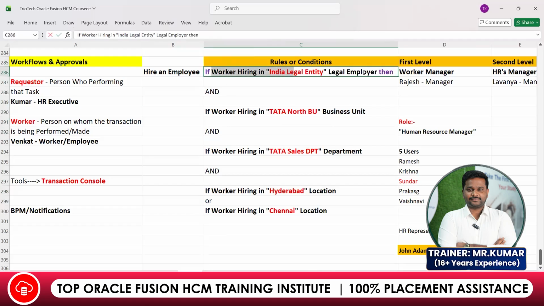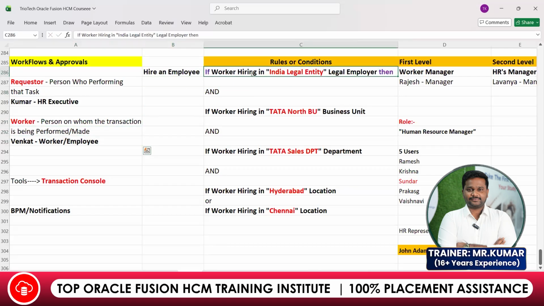If this condition is satisfied, then to whom should the approval trigger? Between the if and then clause, the rule will be written. So here my client is telling me, Kumar, if